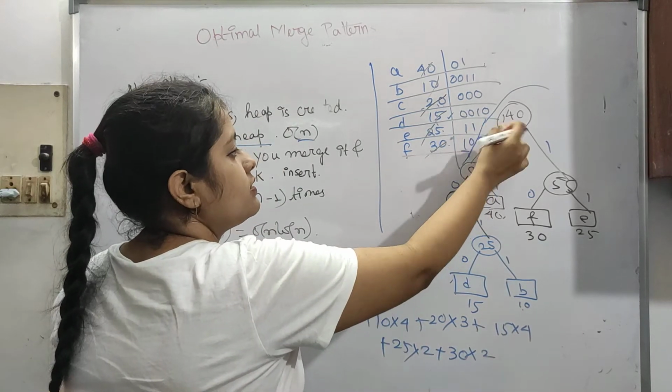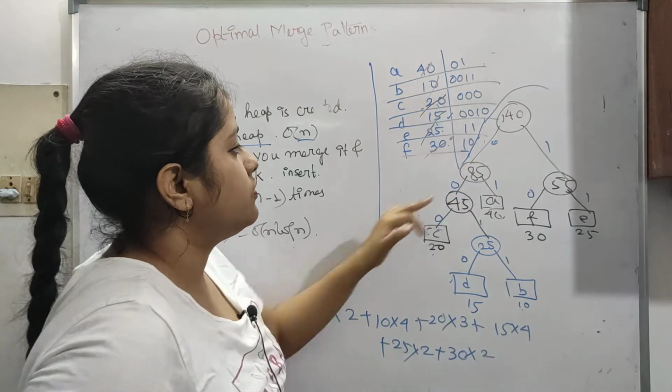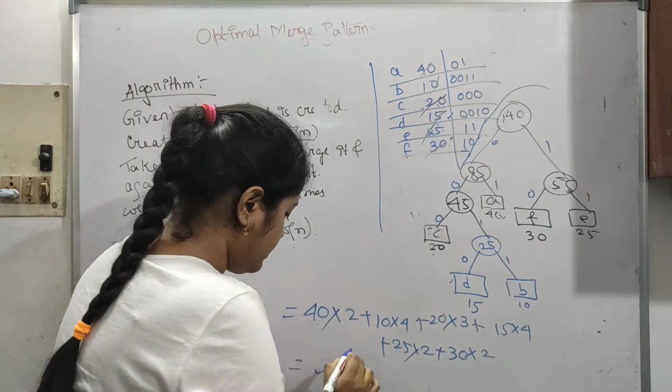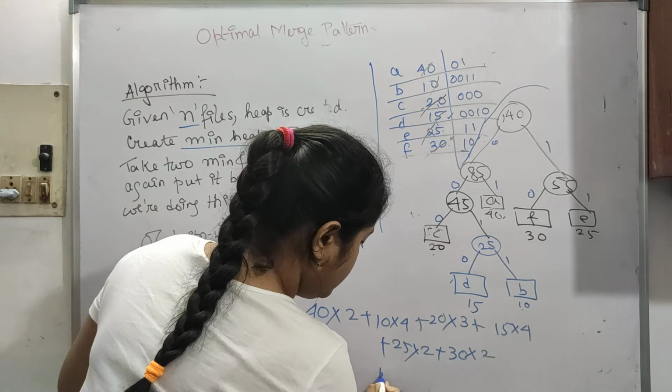Okay, this 0 is here. Let's write it here. So this is 0. This is taking 2 bits. So whatever the answer is will be the number of bits used.